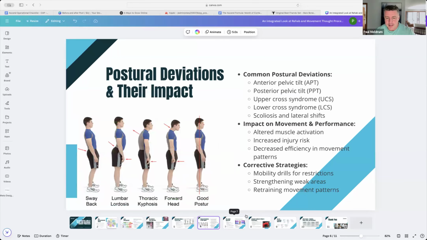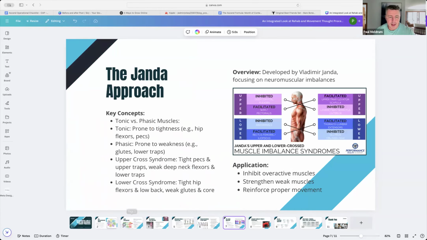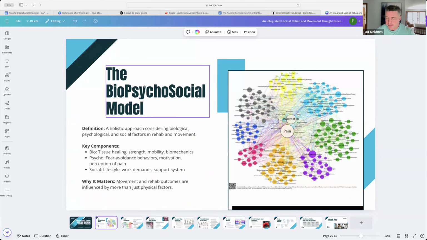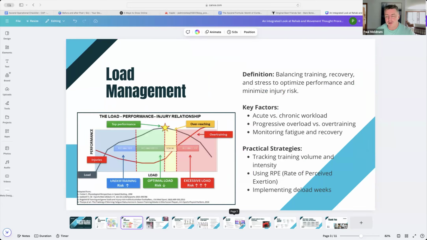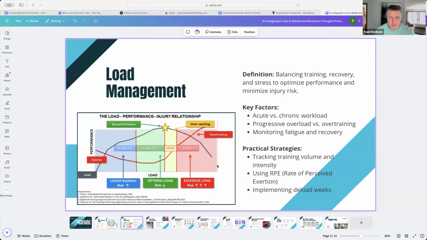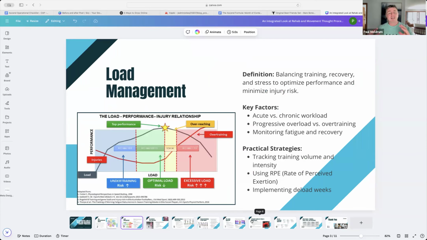You can actually release some of these tonic muscles there and they subjectively feel better, which improves their biopsychosocial health, which is great. I would then argue that you need to do some load work afterwards to strengthen the tissues that they need to strengthen to get better. So the best way to do it would be an integrated approach rather than I just do soft tissue in the gym separate. If they can be combined, it's ideal.